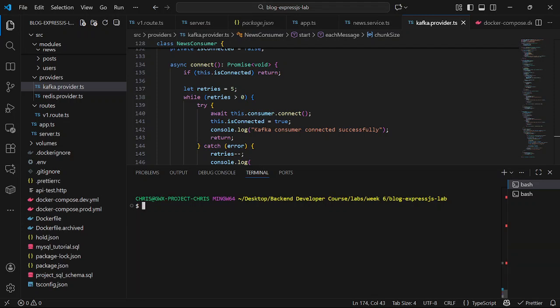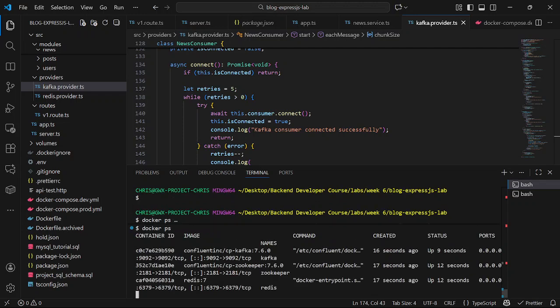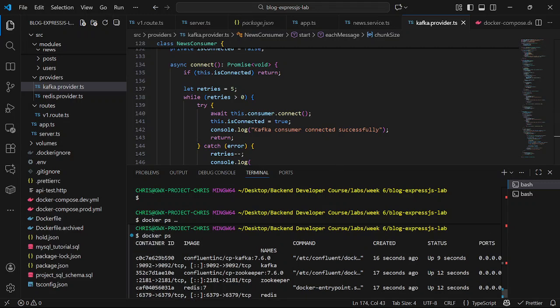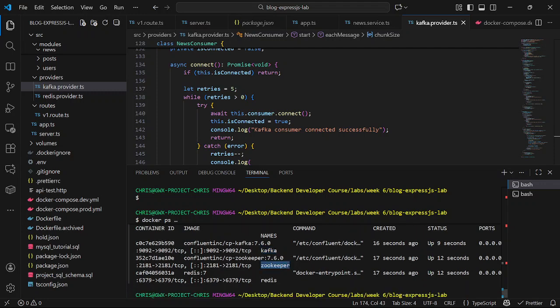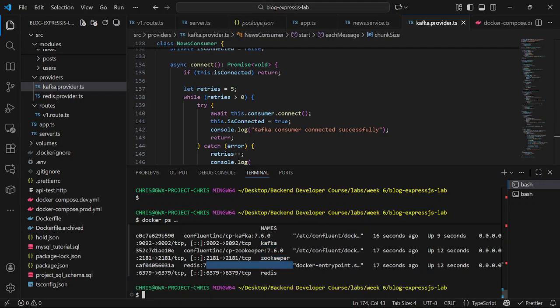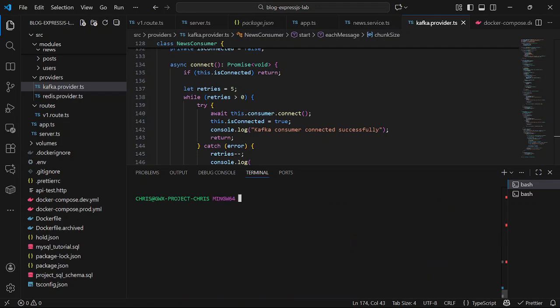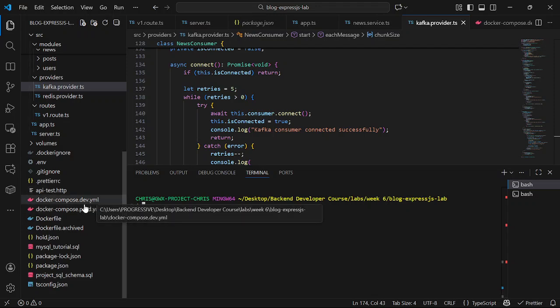If we check our running containers with ps, we'll see our containers are running now. We have Kafka, CP Kafka running, we have Zookeeper, and we have Redis. So everything is up. You can wait for some seconds before starting the app proper.